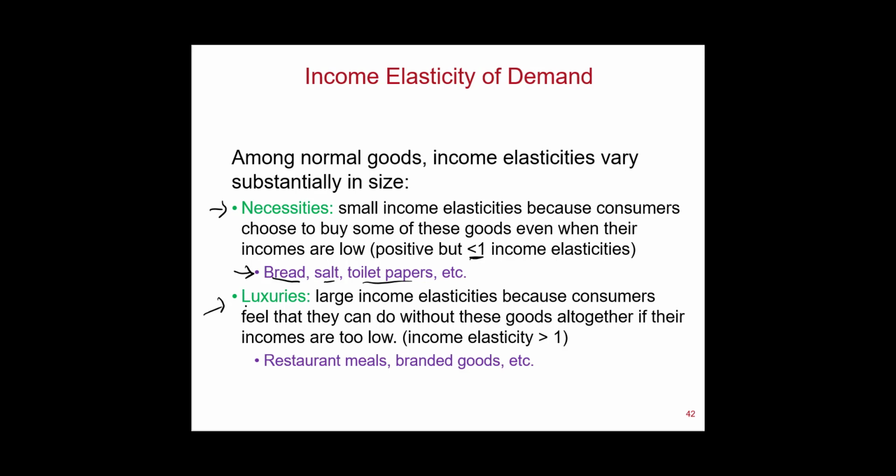And luxury goods usually command very high income elasticities. As we get richer and richer, we tend to eat restaurant meals and varieties of restaurant meals, and we tend to buy more branded and luxury goods as our income rises. So if the value of the income elasticity is greater than 1, we can expect that the goods are possibly luxury goods,